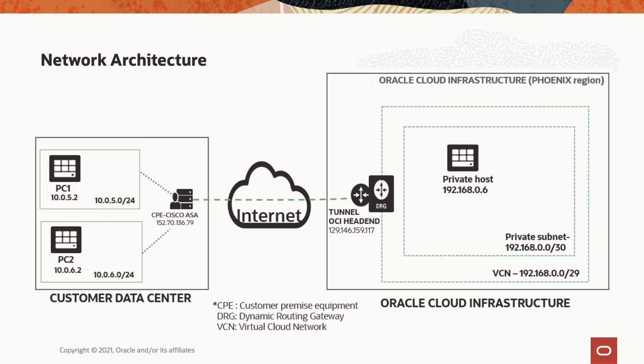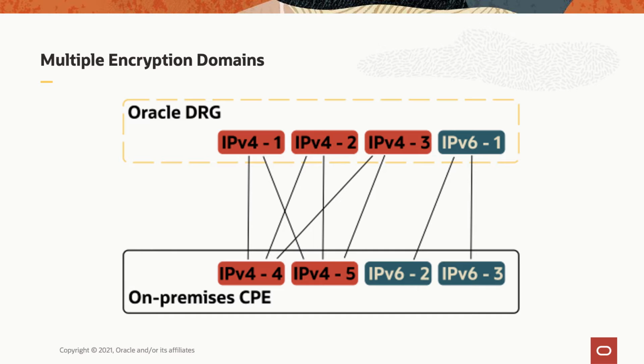Please follow the Oracle Cloud's publicly available documents to create the VCN and the IPsec connection on OCI. For Cisco ASA versions older than 9.7.1, route-based configuration is not supported. So customers using policy-based VPN but don't want to summarize all of their subnets into a single CIDR range can make use of the traffic selectors to create distinct encryption domains and connect to OCI. The support for multiple encryption domains for policy-based VPNs on OCI provides us with more flexibility in defining specific interesting traffic for the VPN tunnel.